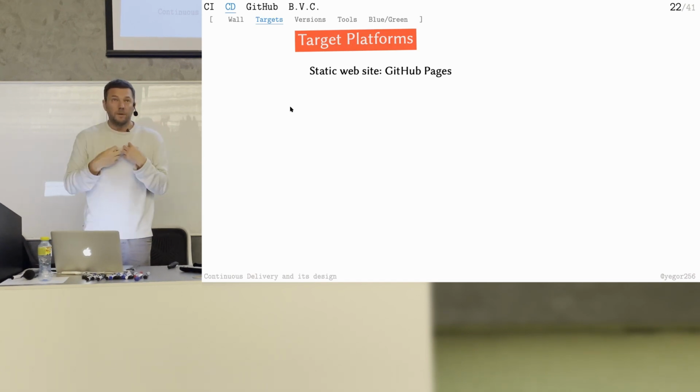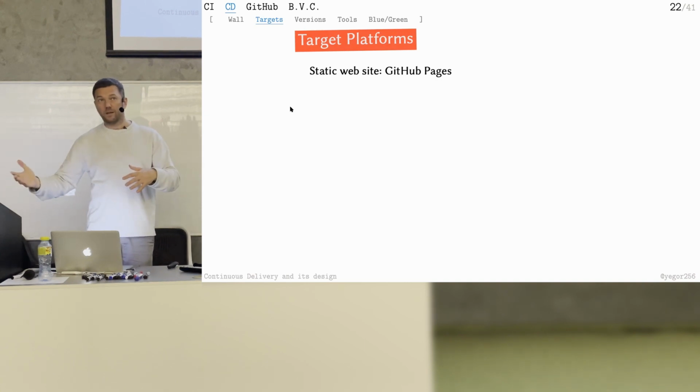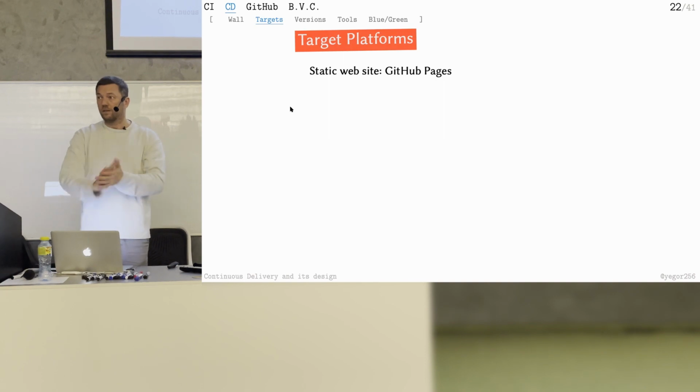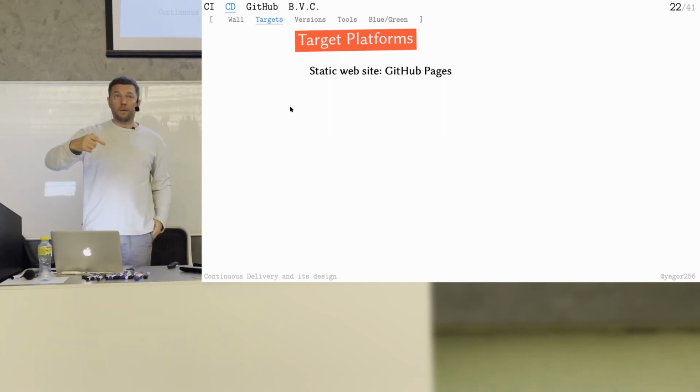I have just me, and I keep all the sources of the blog in GitHub. When I want to deploy, I click continuous deploy, and I have a script which compiles all the pages. I have maybe 400 pages on the website. It takes about 20 minutes. So it compiles all my pages from Markdown to HTML, builds 400 HTML pages, deploys them to GitHub Actions, and that's it. Then when you go to my blog, there's no connection to the database. You just immediately get the HTML page, and it's super fast. That's the beauty of static websites.